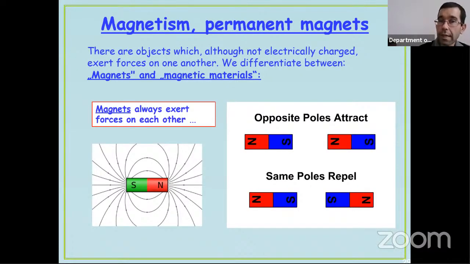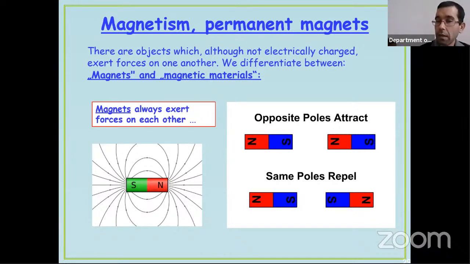Now let's continue with the second part of the lecture. This is the magnetism. And first of all, we are going to talk about permanent magnets. Permanent magnets are objects that can exert magnetic fields on other magnetic materials. And here you are going to see that we have a very similar field concept as in case of the electrostatic field. However, there is a very big difference.